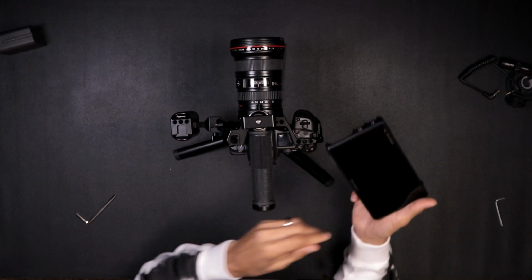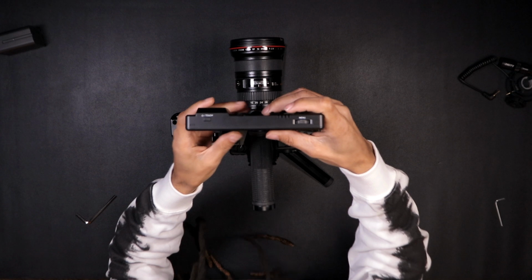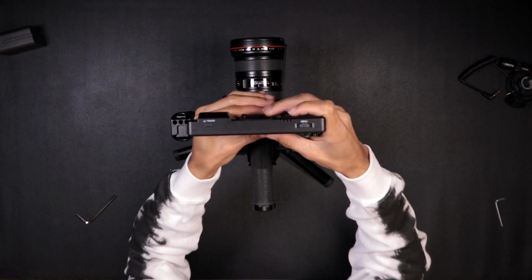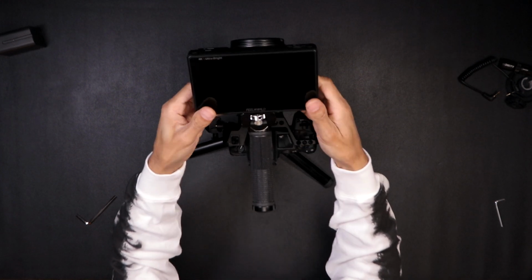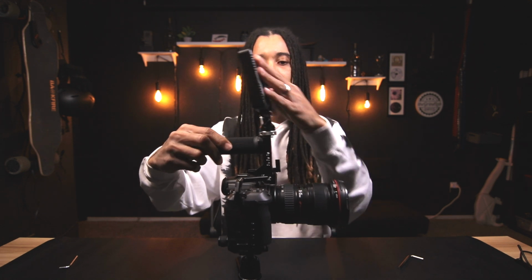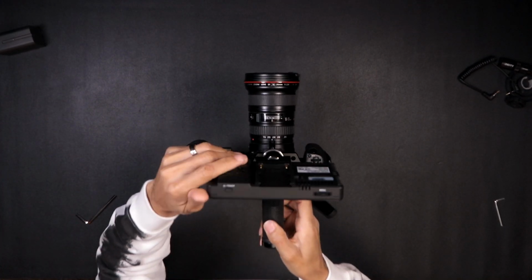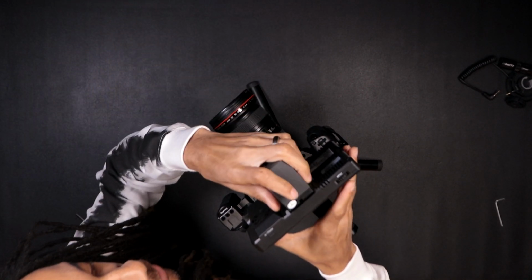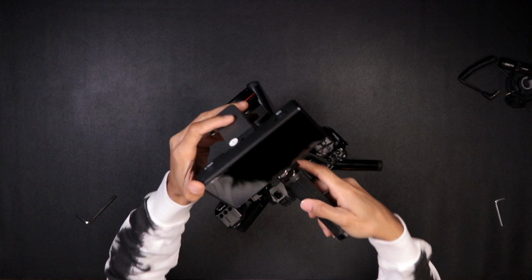And there was no reason to use the side handle because this does everything I want. And it's not as heavy. So that is in position and I can adjust it as necessary. Okay, like that. Okay, all right. I guess I'll go ahead and throw the battery in there just to do it, even though I'm not using it. If I can click it in place, there we go. Last part